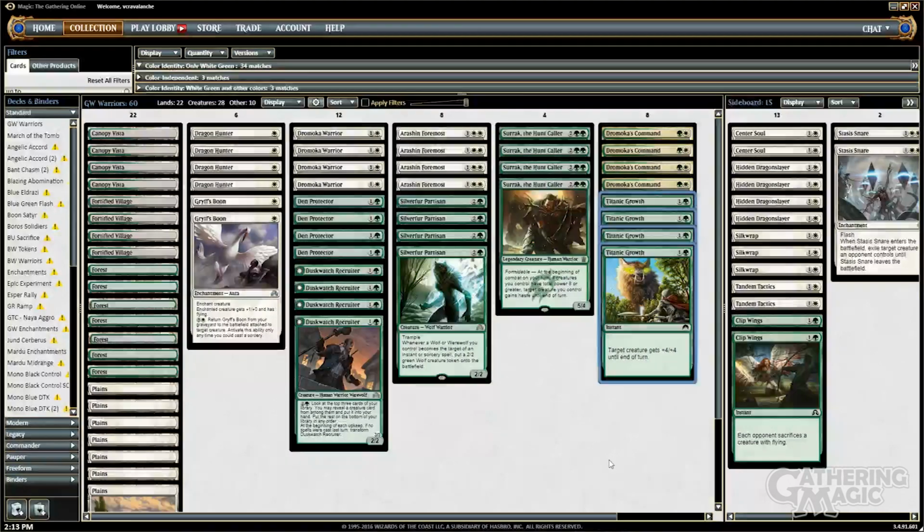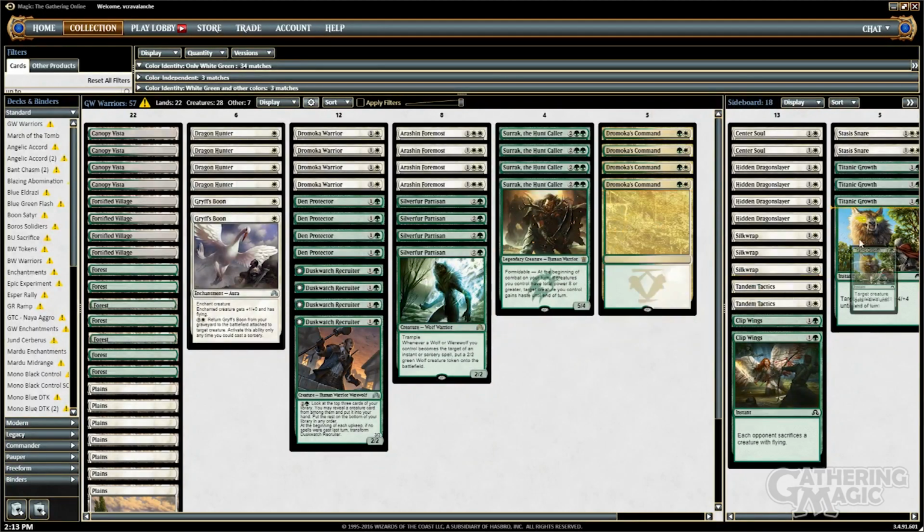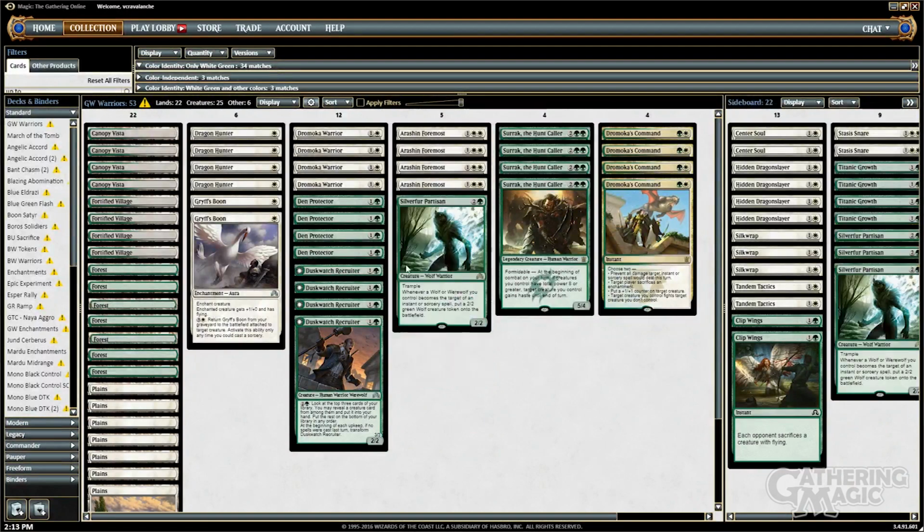So the Titanic Growth probably just wants to be a one of. I think we got too tricky with it. In the testing before, every game we wanted it, like, oh man, if I could draw a Titanic Growth. But there are so many games where this Titanic Growth was just a dead card. In fact, maybe even going down to a one of Silverfur Partisan, just for that